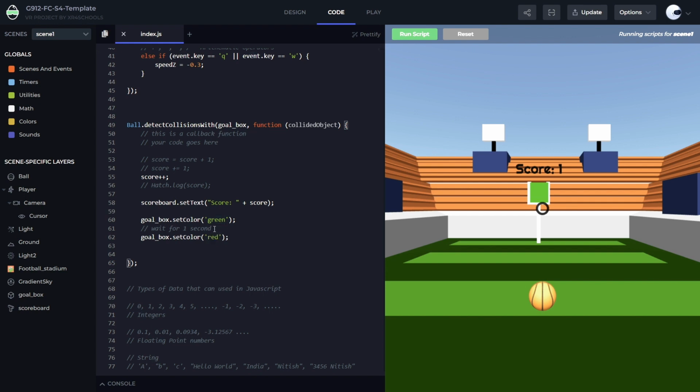I have just written this as a comment here, okay? My computer will not wait for 1 second right now. We already know that computers read all of these lines at a very fast pace. So whenever the ball collides with the goal box right now, the goal box will turn green, and then immediately the goal box will turn red because of this line of code. I want to show you a way in which you can tell your computer to wait for some time before